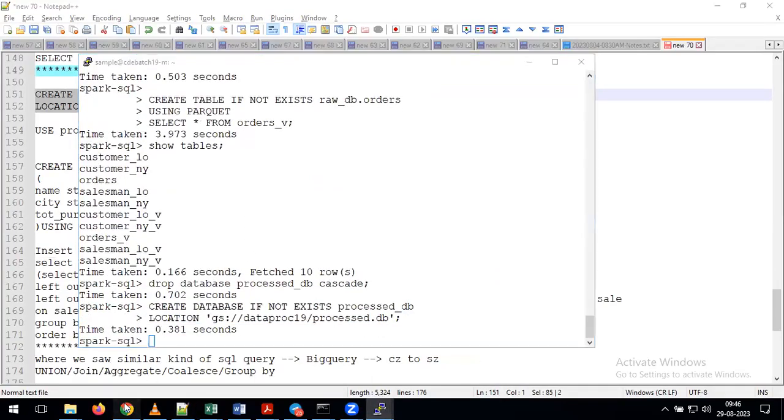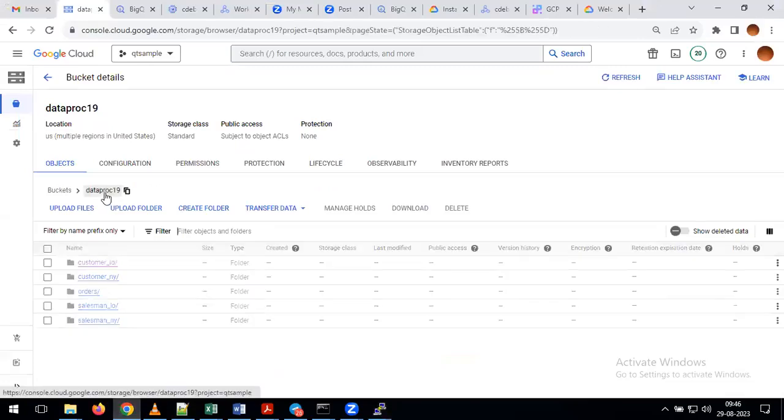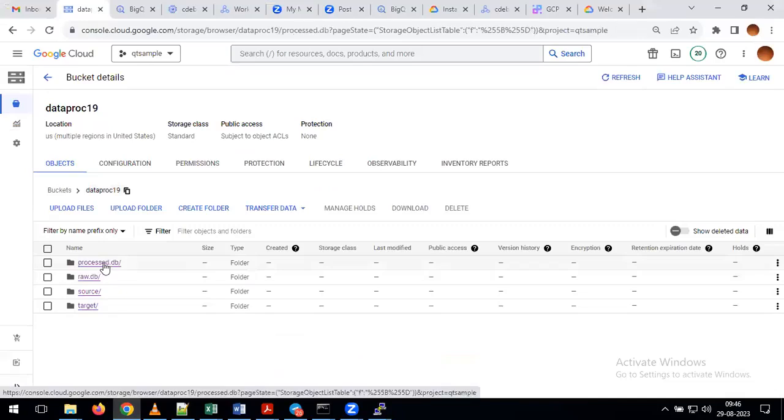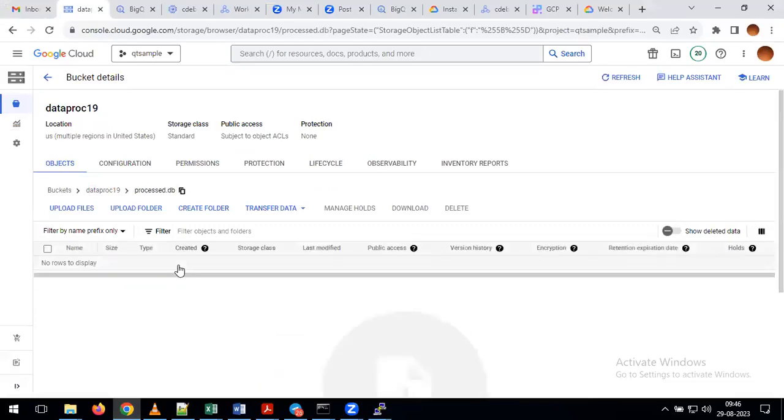Now just go to the bucket. Earlier we had only the raw database. Now we can see the processed database. Now in the processed database, do we have any table so far? No. For that reason, it's showing as empty. And now what I will do here is